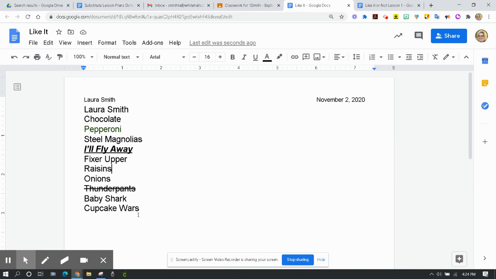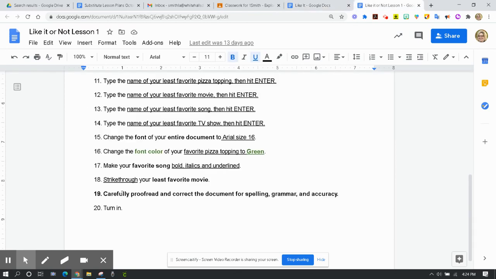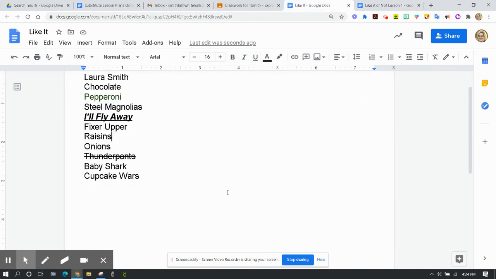So don't ever turn in a document with red squiggly lines, blue squiggly lines, or green squiggly lines, because that is a clue that something is wrong. So once you've proofread it and corrected it, then you are ready to turn it in and you are done with today's